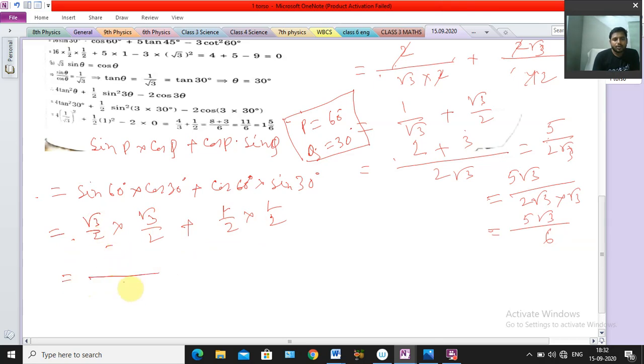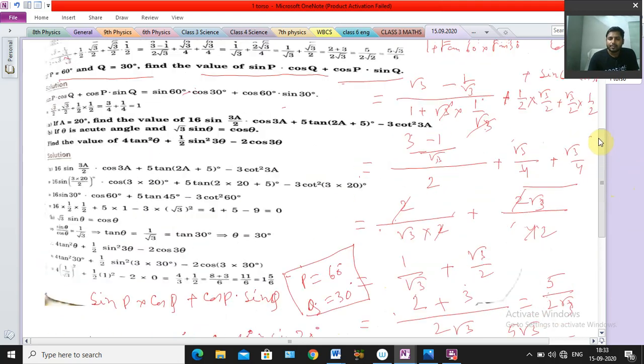So what are we getting? 2 into 2 is 4, and root 3 into root 3 is 3, plus similarly this side also we are getting 2 to the 4, and in the numerator we are getting 1 by 4. Okay, now see, the denominator is the same, so LCM will be 4 and numerator will be 3 plus 1. So 3 plus 1 means what, sir? 4 by 4, and 4 by 4 means 1 only. Okay, that is the required value. Clear or not? Understood? Next